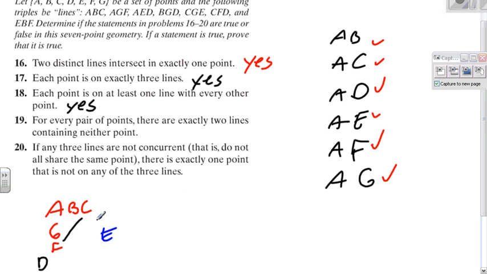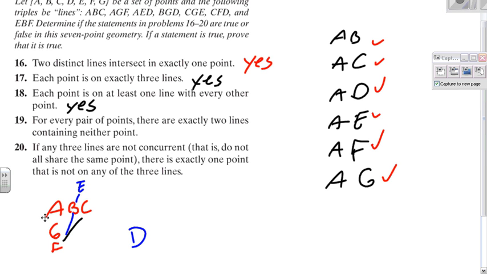We could have not used D if we would have used E instead for the line EBF. If EBF was our other line, we would still only be using 6 letters total, which means there's a 7th letter that we did not use, and that would be point D. So as long as you think about making this into a triangle where they all intersect but not at the same point,